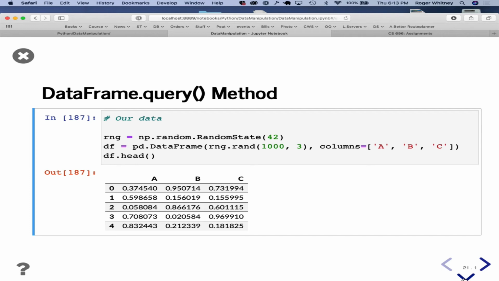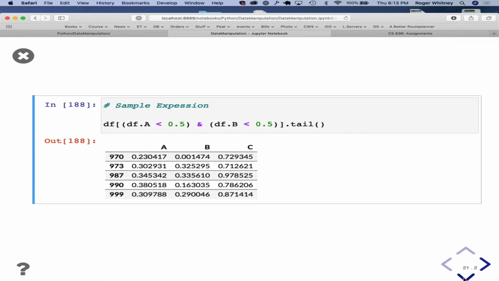Again, just some random data to do various queries. And so what we're doing, I mean, this syntax starts to get bizarre, and all we do is, oh, give me everywhere where column A is less than 0.5 and column B is less than 0.5, and then combine those together, right?